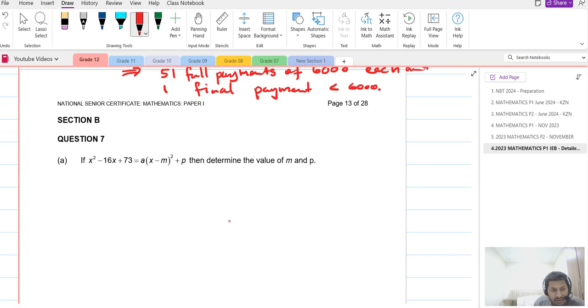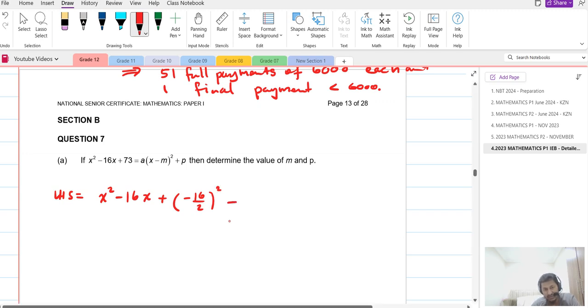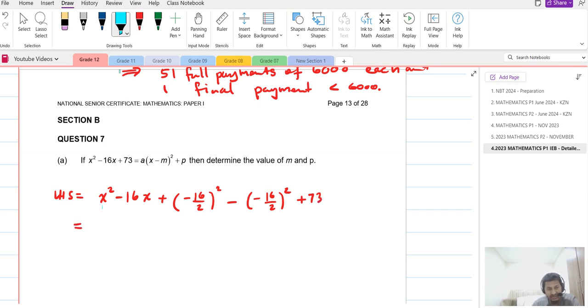So we're going to say the left hand side is now equal to, this is in completing the square form, right? Or you can expand the whole thing on the right hand side and equate coefficients. So x squared minus 16x plus the coefficient of x, which is negative 16, divided by 2, you square it, and because you're saying plus this here squared, you need to do minus the same thing squared, and leave the 73 as is. Right, now automatically the first three terms become a perfect square, so you can just write x and square there,